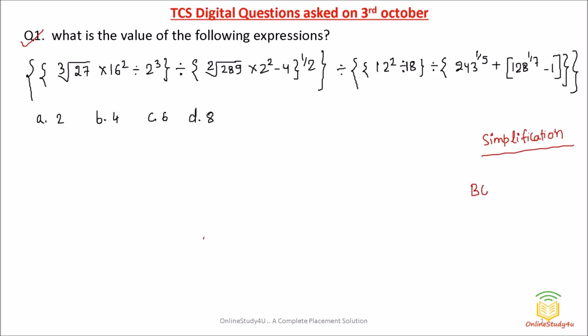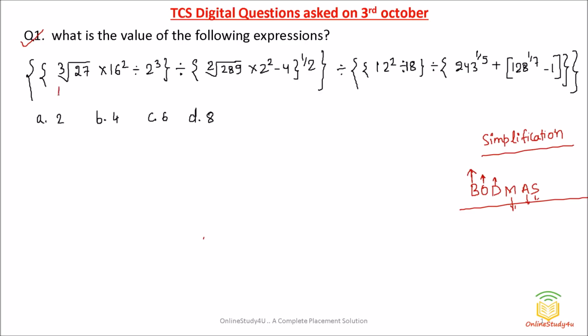So friends, BODMAS you know, right? Bracket, and then we have to operate order, then division, then multiplication, then addition, and then subtraction. So bracket is given, so you have to first take care of the bracket. But if you are good with simplification, then there is no need to keep these things in mind. You will automatically find the values of one bracket, and then it will be easy for you to solve. Then order means square, square root, cube root, all those things we have to take care of. Division, multiplication, addition, and subtraction.